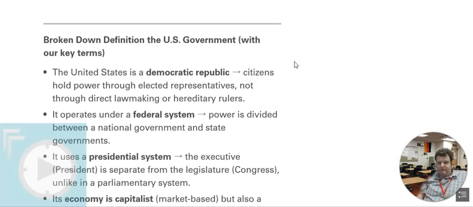It's a federal system. The national and the state governments, 50 of them at the time of this recording, have different roles and responsibilities. The state of South Dakota's government is responsible for the state of South Dakota. The government in Washington, D.C. is the government over all the states and handles disputes between the states and other matters, to name a few.